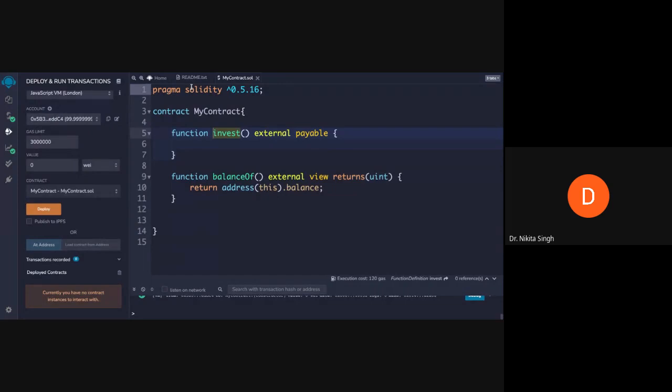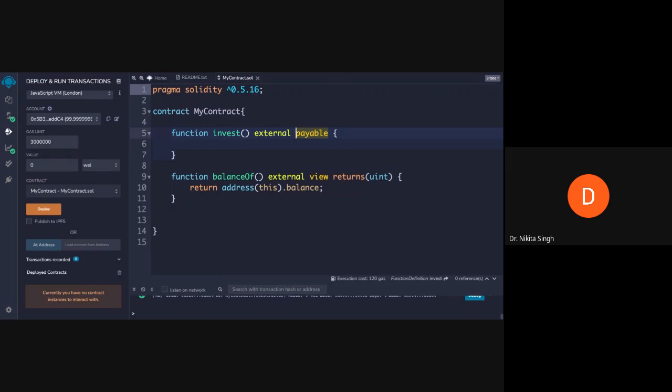I'm saying that we are writing a smart contract which will allow us to transfer some amount of ether from an account address to a smart contract. What we have done here is create a function and make the function payable.